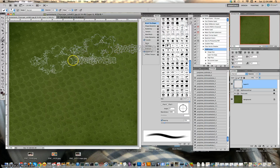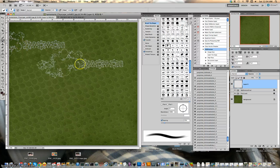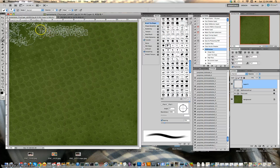Here I started with one of the solid papers that it's really more of a tone on tone pattern paper from the City Escape kit. This one is particularly from Lynn Marie, and I have selected my brush tool, and I'm right now using one of Lynn Marie's Woodland paints. I created a new layer by clicking here, and then I just have my paintbrush. I kind of like doing paintbrushes in either black or white. I never use pure black or white, so I would go here and just pick something close to black and then just start